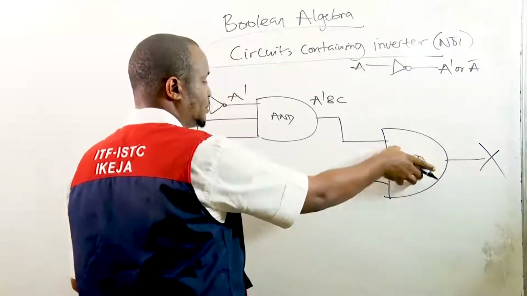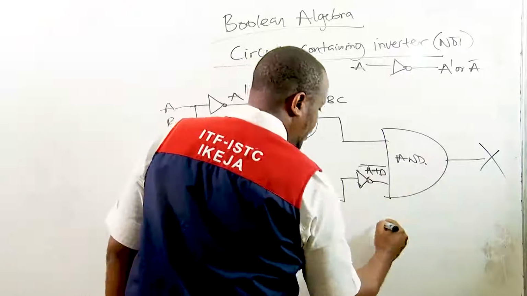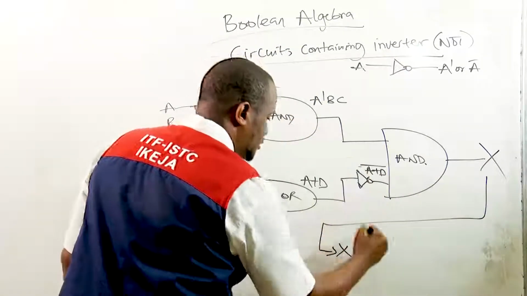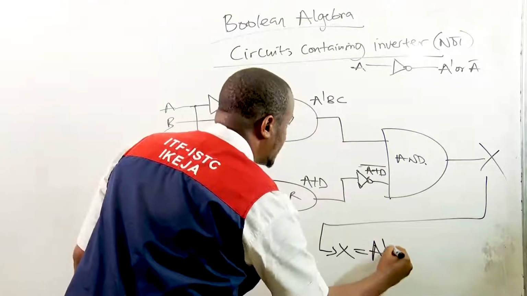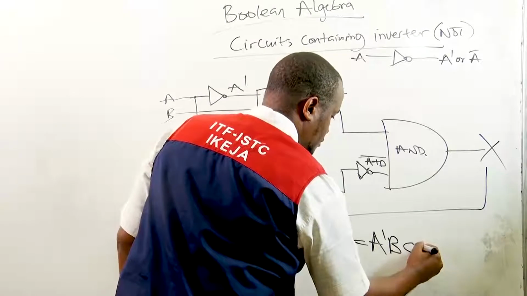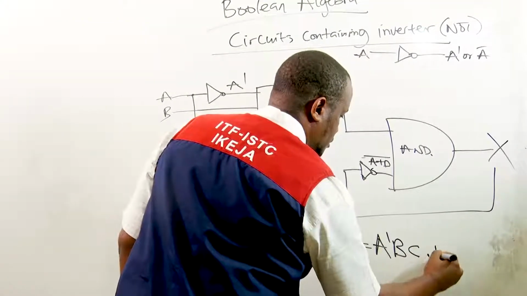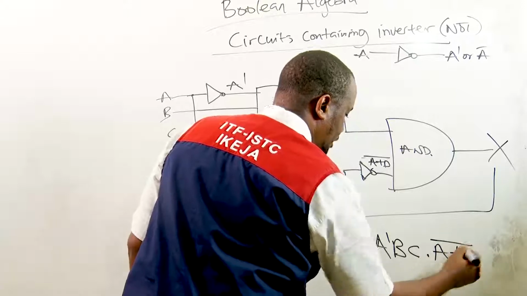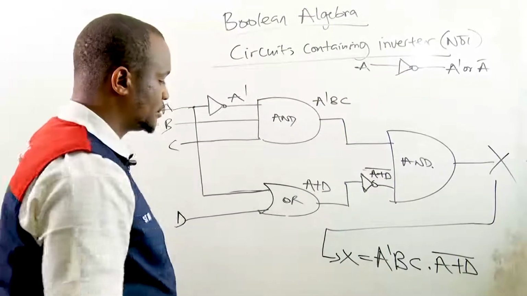Finally, it ends up being what? ANDed together. So our value at the output, x, will be A prime BC dot A plus D bar. So this is the value